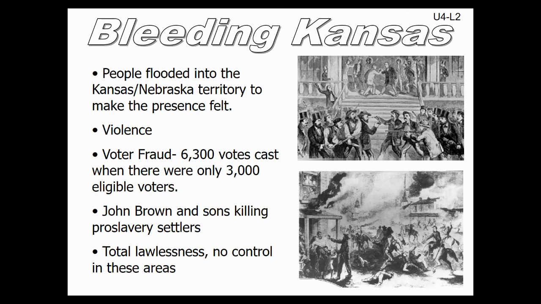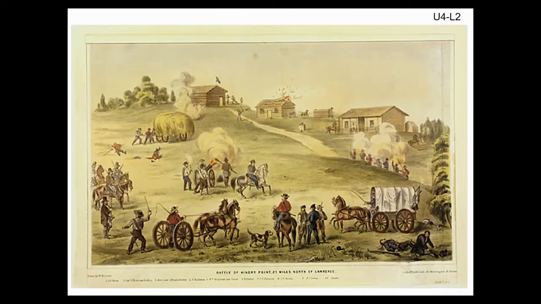Once again, we see that the territory, with fraudulent votes, is going to try to become a slave state. Now, here is a painting depicting the violence, and you can see the shootings over here, the burning down of houses, a lot of lawlessness happening in Kansas at this time. Now, though we had this violence occurring out west with the expansion of slavery, we also saw violence in